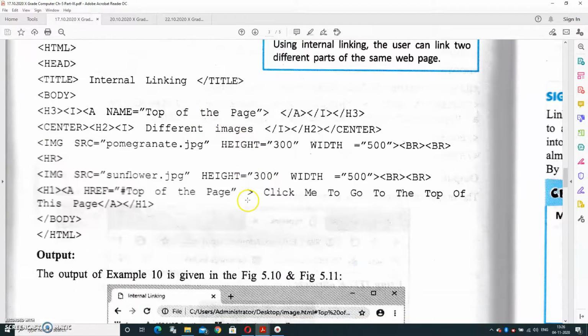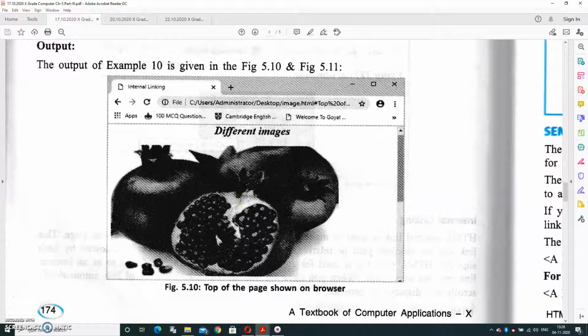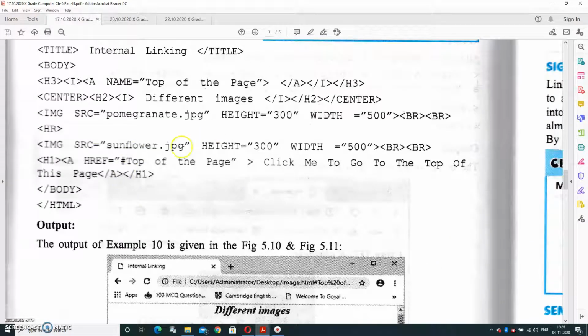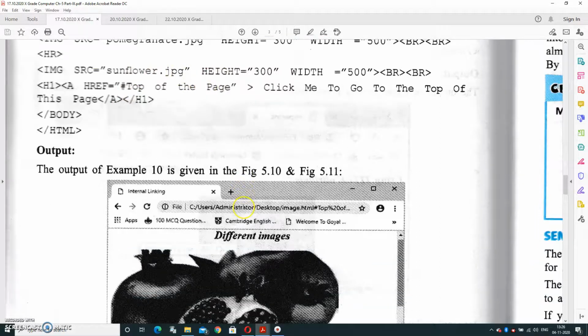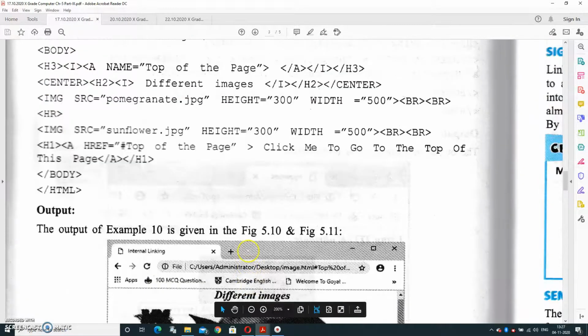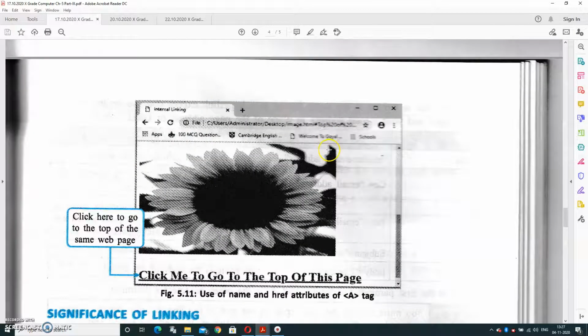So the output will be in this format, different images. It is showing the pomegranate.jpg, and when we click on the particular link, see here, it will directly move to the top of the same web page.